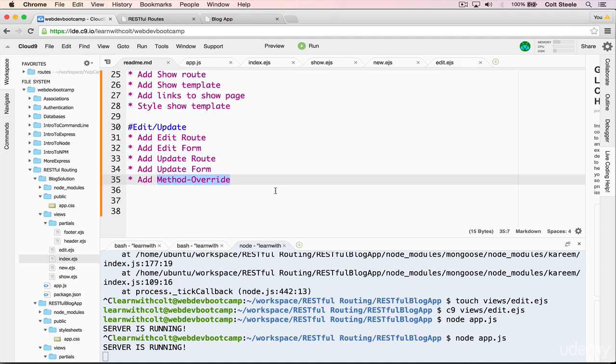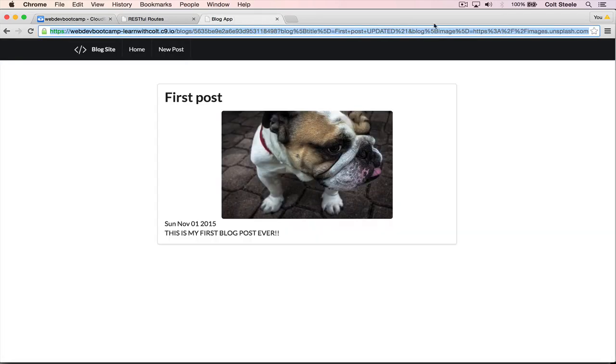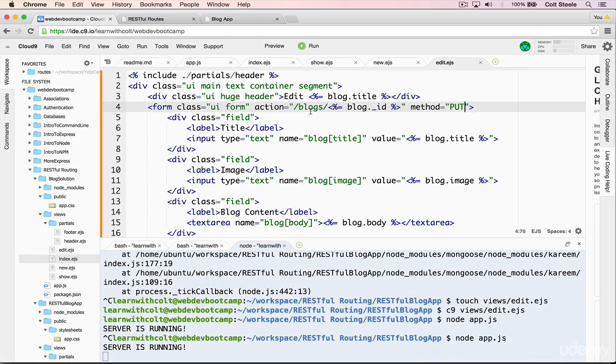What method override lets us do, it's a simple package we install, we tell Express to use it. And then we go to our form and we add in a little bit of a cheat where we send a post request. And by the way, when you try and send a put request, it will default as a GET request, which is why this happened. And it's why it took us to the show page, because we made a GET request to blog/ID, which is our show route. Okay, so if we change this to post and we add this little cheaty thing at the end of our URL,